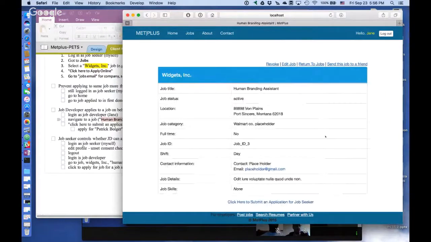Because I'm a job developer and I have job seekers assigned to me, the link down here says click here to submit an application for job seeker. Can you see that okay? Hopefully it's not too small. Yes, I can see. Okay, great. So when I click on that,